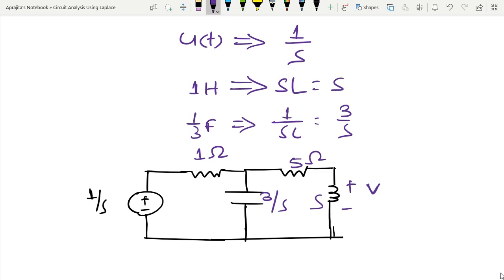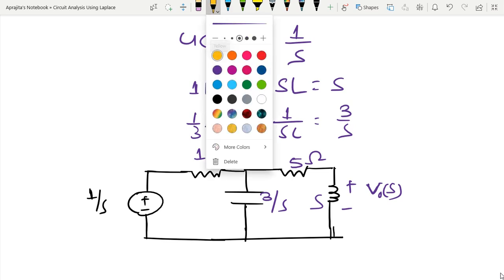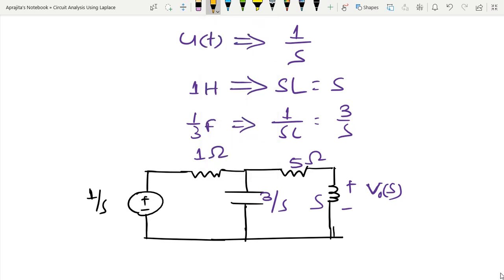Initially I have to calculate this in time domain, so whatever result I am going to get now is in frequency domain. Due to that reason I have written it like this. Now suppose I want to apply mesh analysis, because I have told you that all the standard techniques you learned during the first part of this course will work. And this is I2(s).